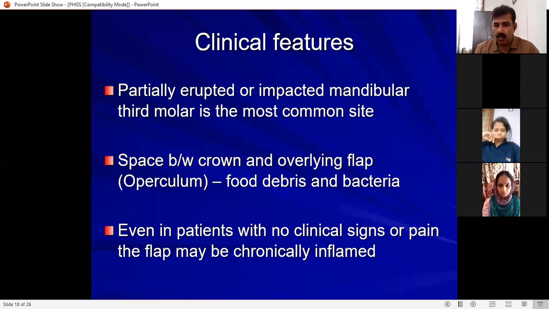You understand that? So what happens when slowly that overlying gingiva gets inflamed? Slowly it becomes edematous, and slowly its size increases. And when its size increases, what happens? The patient will close his mouth. When the patient closes his mouth, what happens? The upper molar will come and hit the gingiva, and it will traumatize this gingiva. And this condition aggravates. It becomes secondarily infected. It can grow infected, and it can become an abscess. So that condition is known as an acute pericoronal abscess.